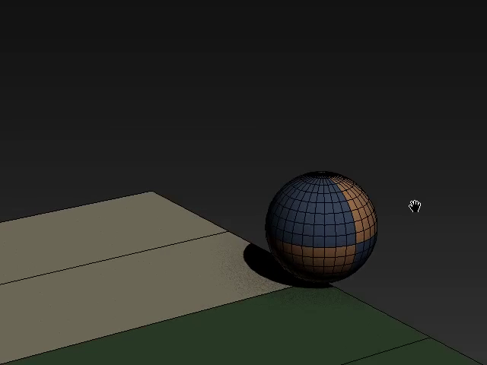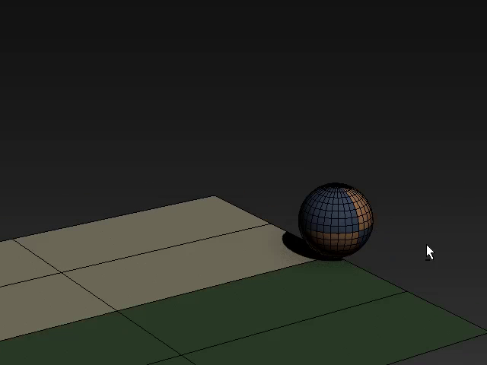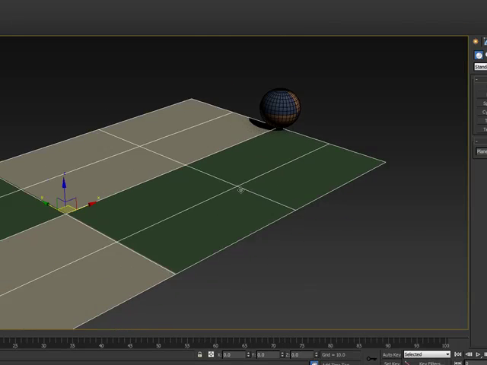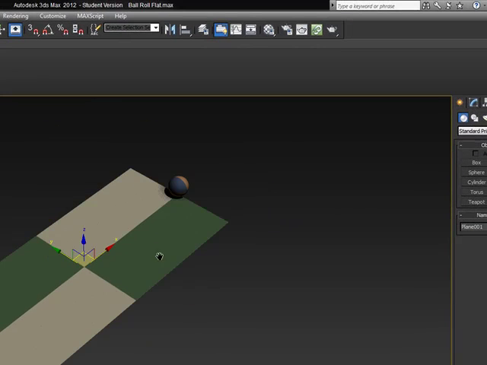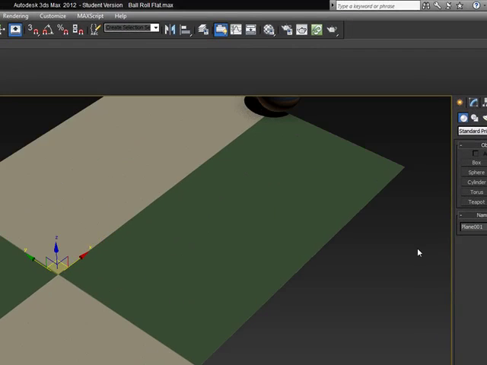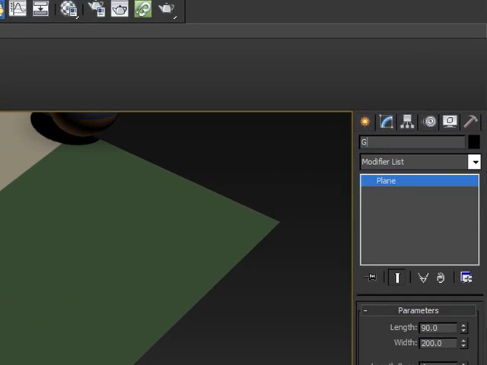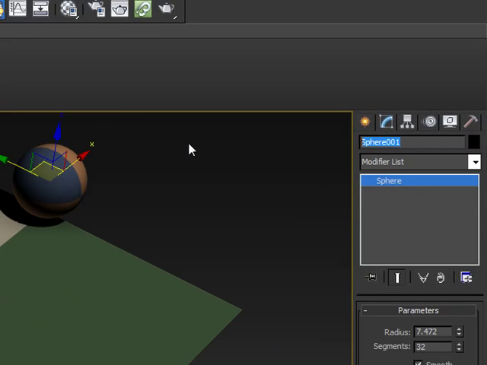Alright, so now that I have that, I've got the ground plane, I've got the ball. The ball looks about good. The ground plane does not look good because I don't want it to be just having 4 squares with the material on here, so I'm going to click on there, the actual properties. I'm going to name it ground. Name the ball,